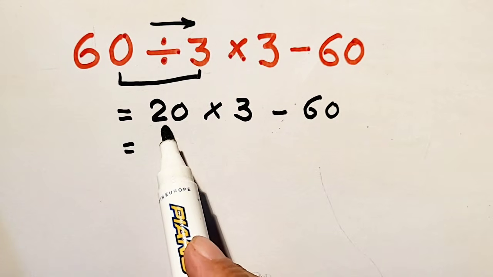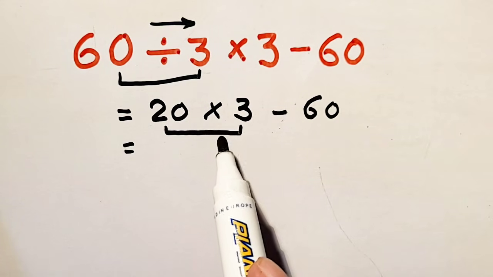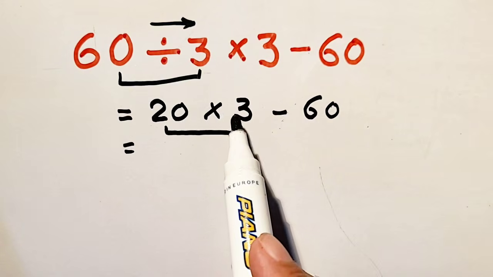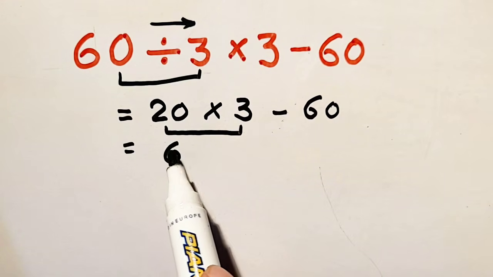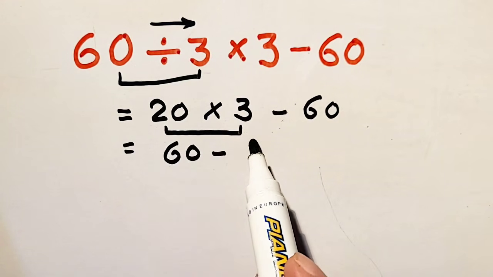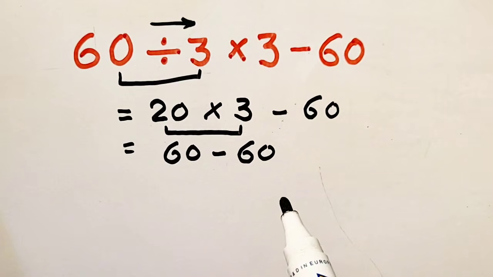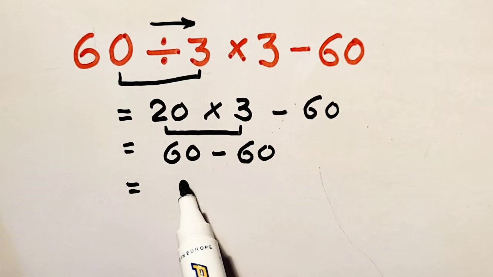Now we will perform multiplication. So 20 times 3 is equal to 60 minus 60. So the answer will be